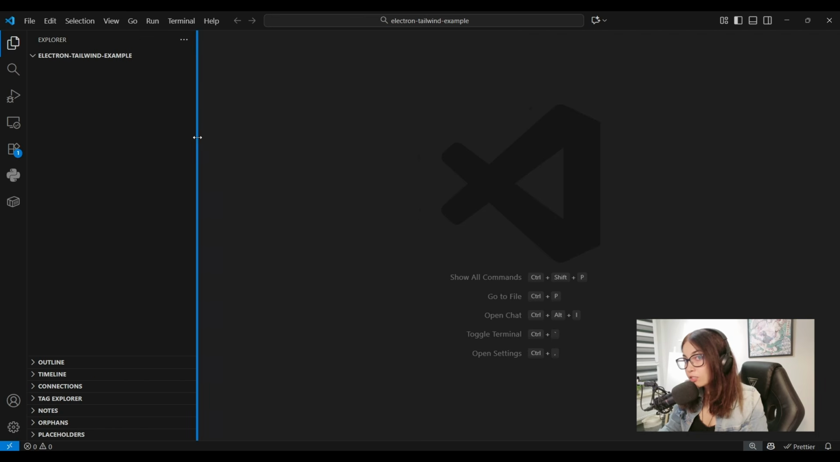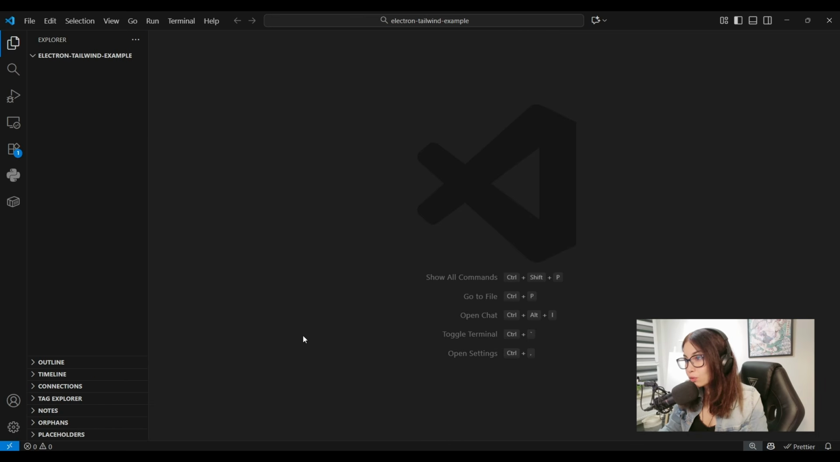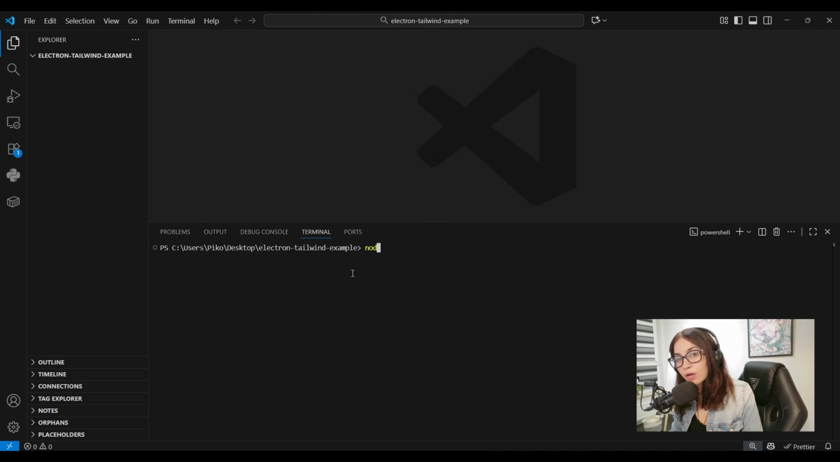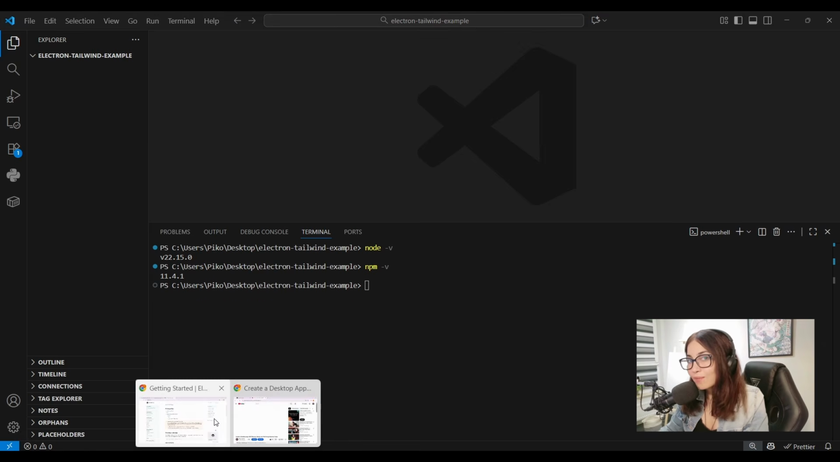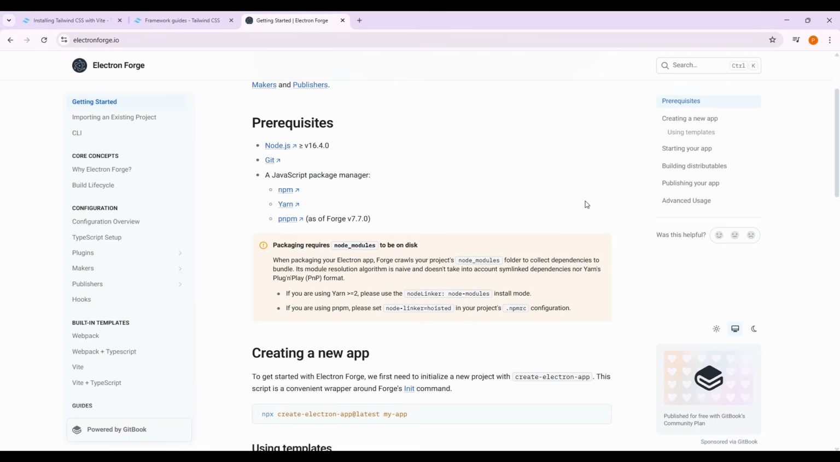Now let's get coding. I already created an empty directory and opened it in Visual Studio Code. Now let's talk prerequisites. To create an Electron application with Electron Forge, we're going to need to make sure we have Node.js on our system, as well as a package manager. I'll be using npm. I see version numbers and no errors, which means we are ready to create an Electron